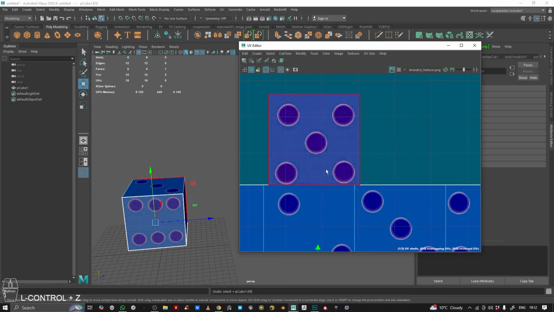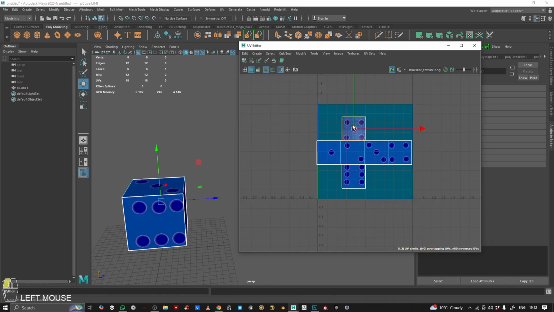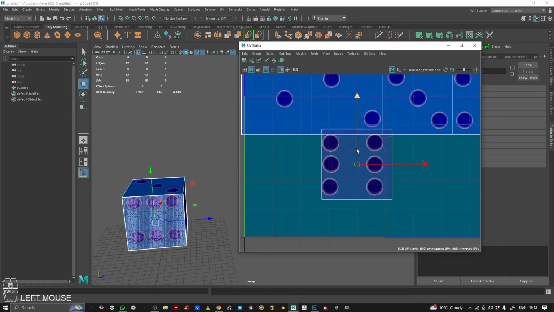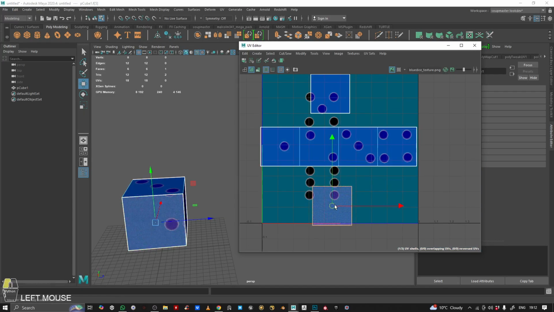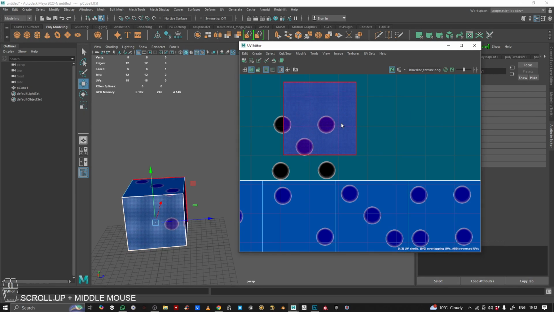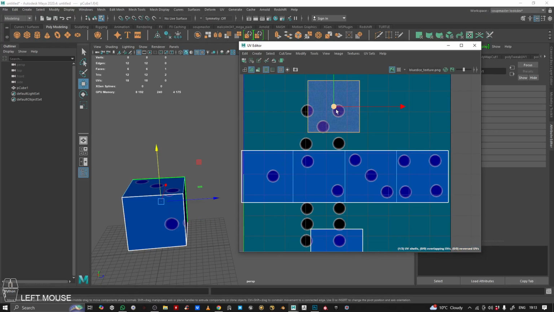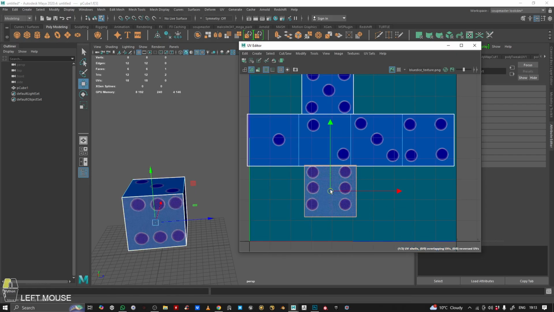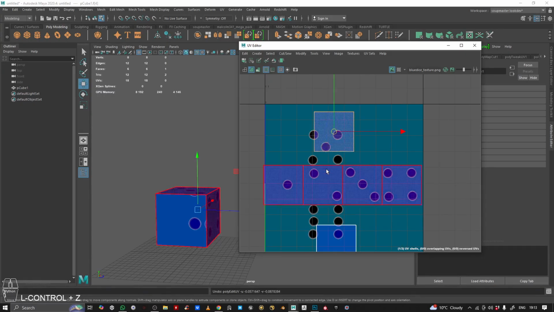Actually, I don't want to do this because we will learn when we do some Substance Painter that it is never good to have shells that are crossing each other. It's not a good habit. So when we do Substance Painter work, remember not to do that. Now, you could do it like this and match them to the image and it's going to work, but the proper way to do this is